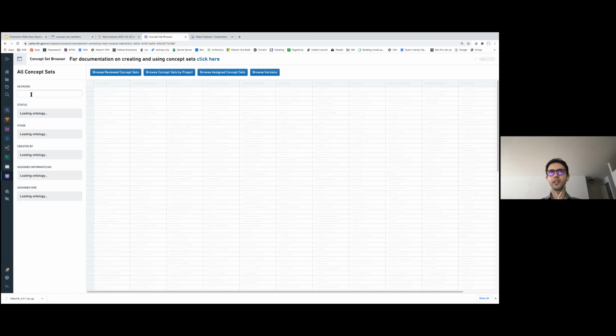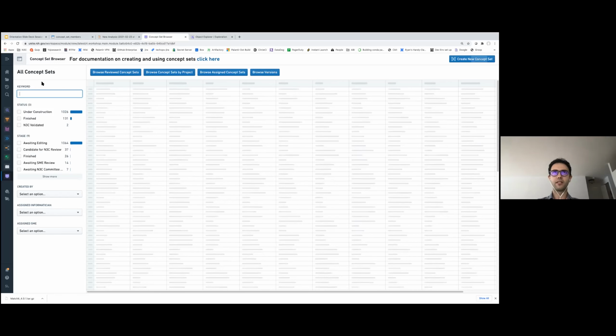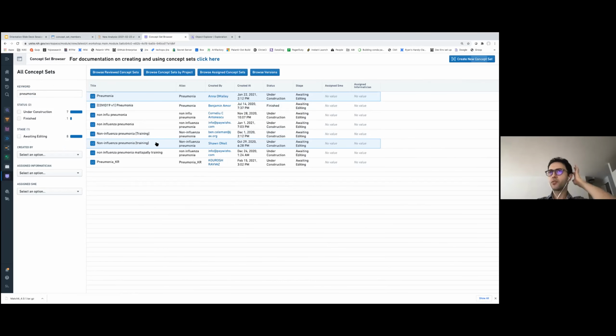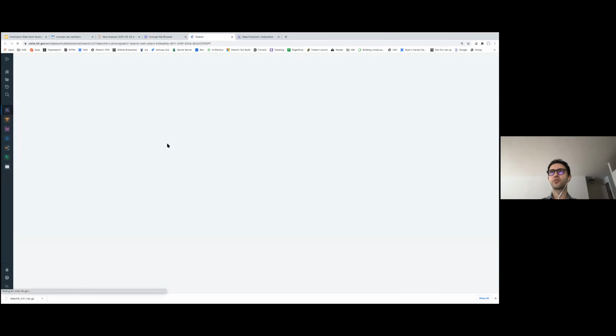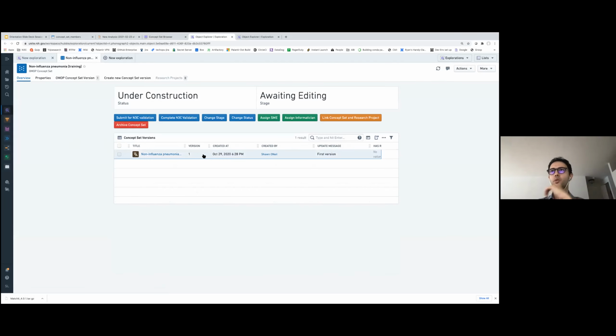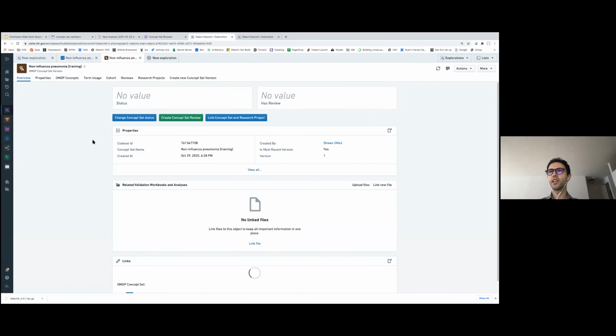And let's look for the keyword pneumonia. Just for example, I'm going to pick this concept set, non-influenza pneumonia, that has been defined for training purposes. This one has only one version, and it was created by Sean. If we open it, we can grab the code set ID from here and use it in my contour